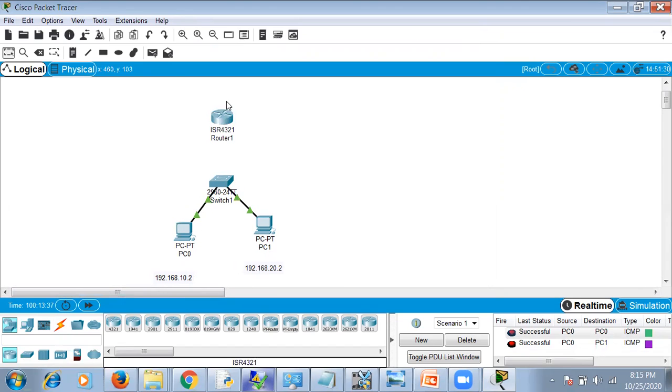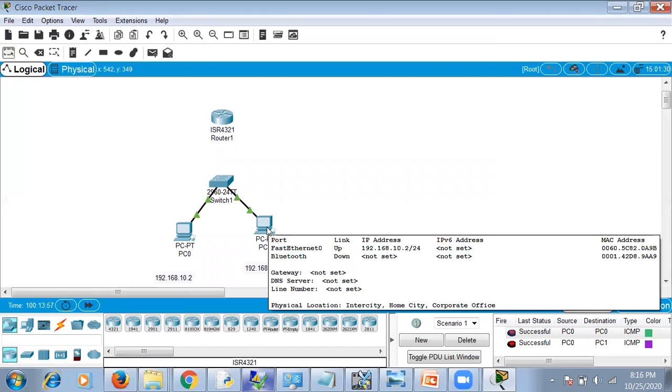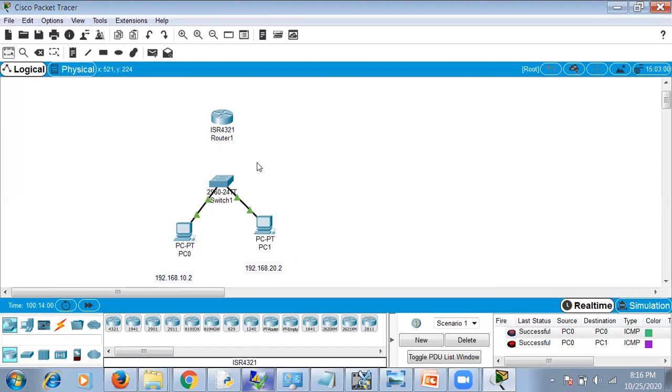Now this is a LAN which is connected to a router. So how do you give the address now? In the previous example, there was a direct connection here, router to PC. And we had given one IP address here, and one IP address here, and one here, and one here. So total 4 IP addresses were there. And we had 4 IP addresses because this was considered as one LAN and this was considered as another LAN. See, this LAN is different. This is 10.2 and this one is 20.2. So this is a separate LAN, this is a separate LAN.